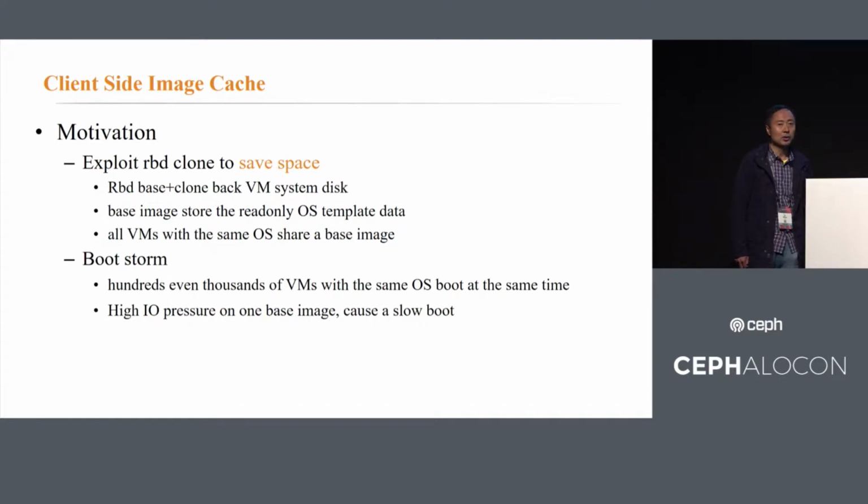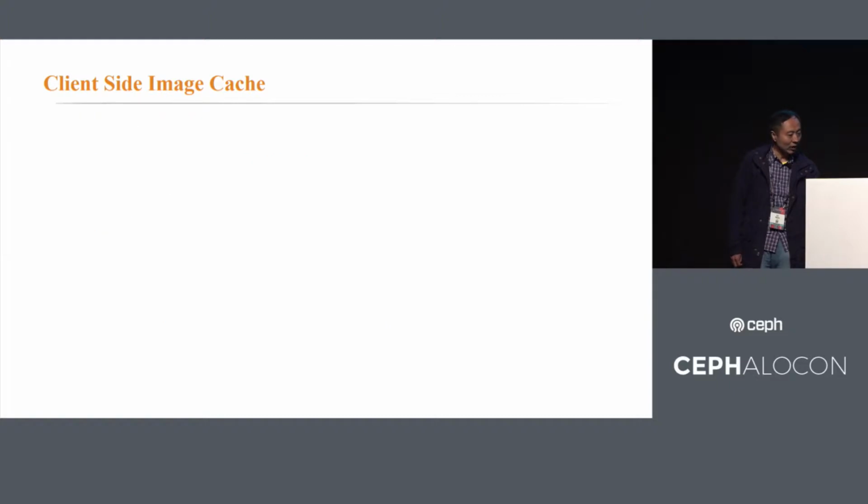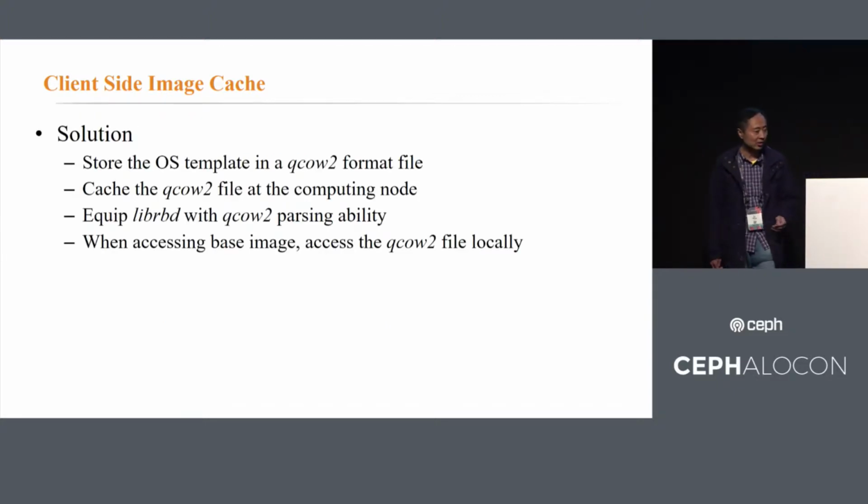The virtual machines will get very slow boot, a very bad user experience. So how to solve this? Our idea is we store the operating system template in a qemu+librbd format file, and we just place the file at the computing node. So we revise the librbd code to enable it to fast the qemu+librbd